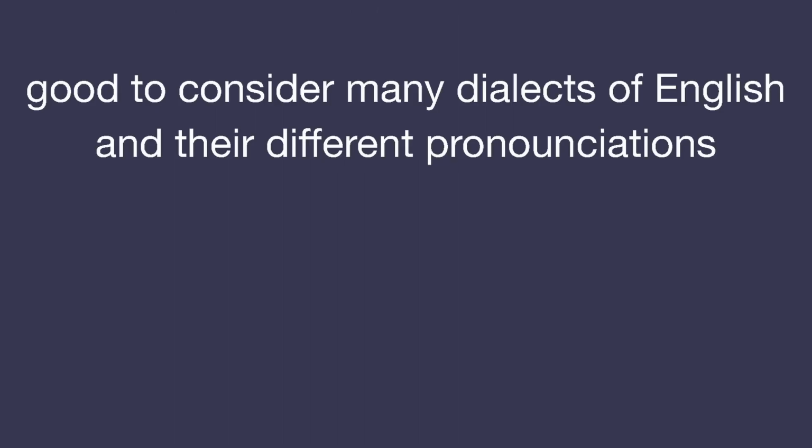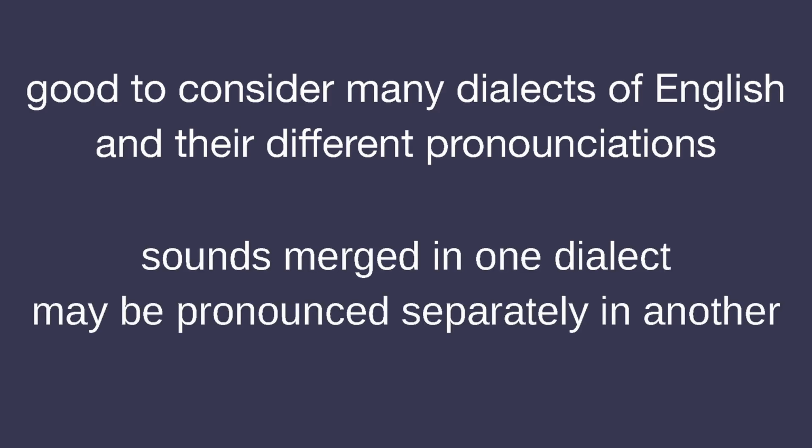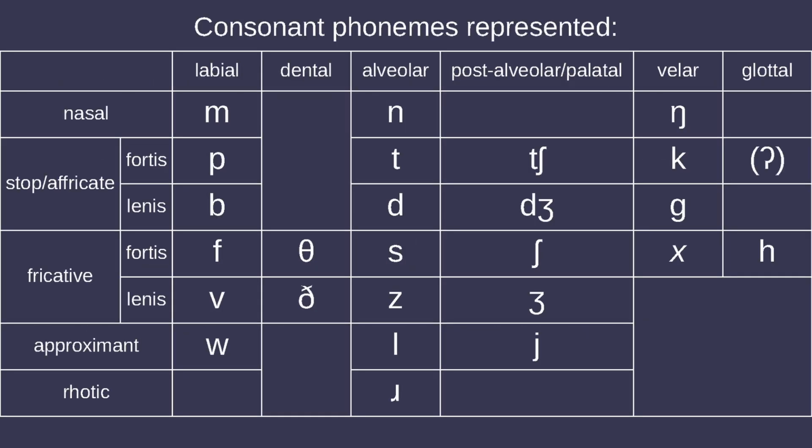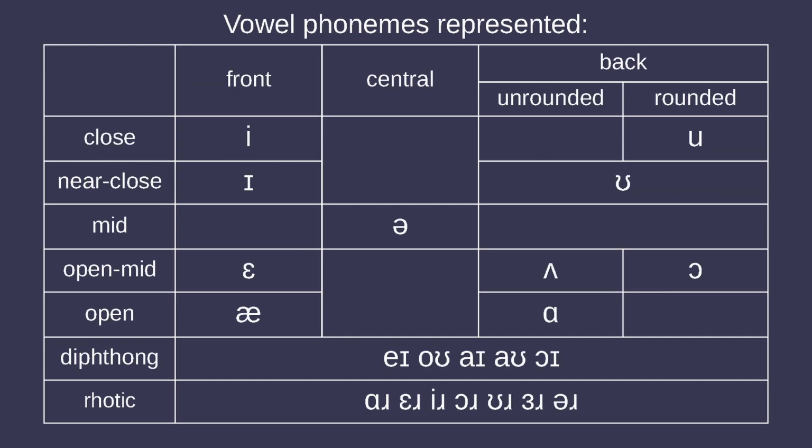When designing any English spelling reform, it's good to take into consideration the many dialects of English and the different ways of pronouncing phonemes, particularly ones which represent sounds that may be merged in one dialect but are pronounced separately in another. The English consonant phonemes I'll be representing will be ma, na, nga, pa, ba, ta, da, ka, ga, cha, ja, fa, va, tha, tha, sa, za, sha, ja, cha, la, ra, ya, and wa. And the vowel phonemes will be a, e, i, o, u, o, a, o, i, ow, oi, r, ear, or,